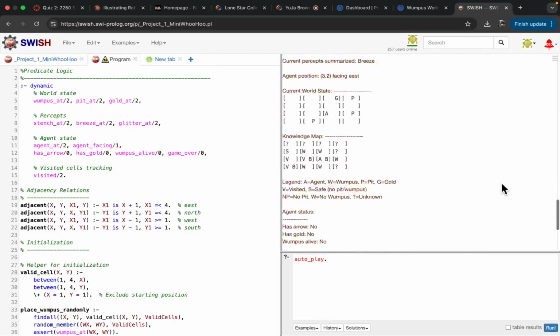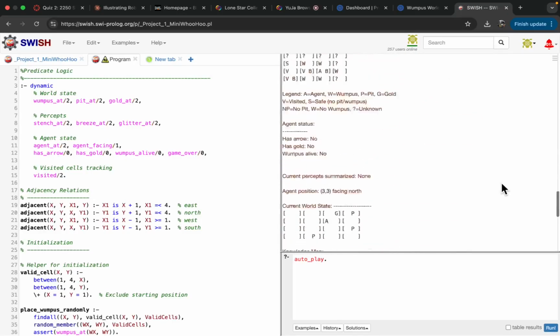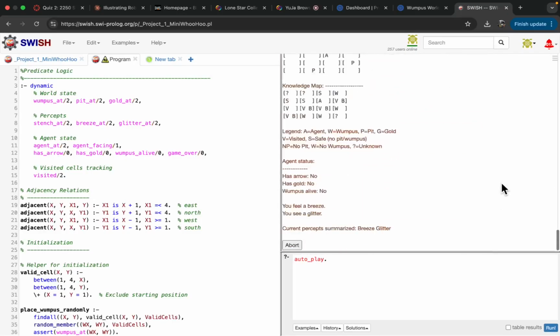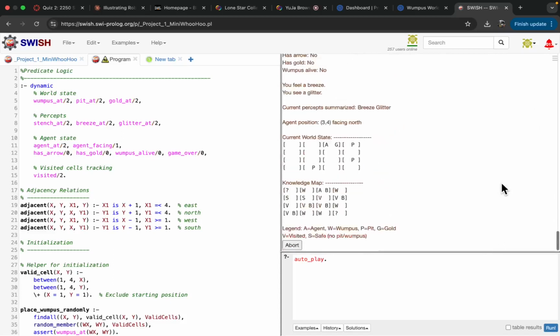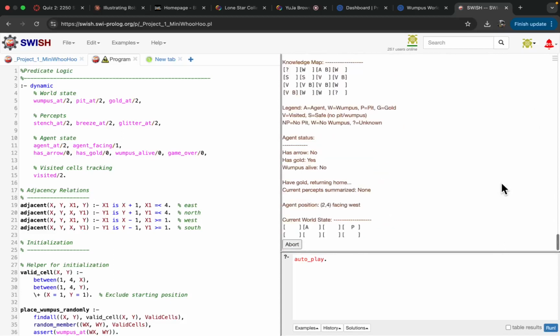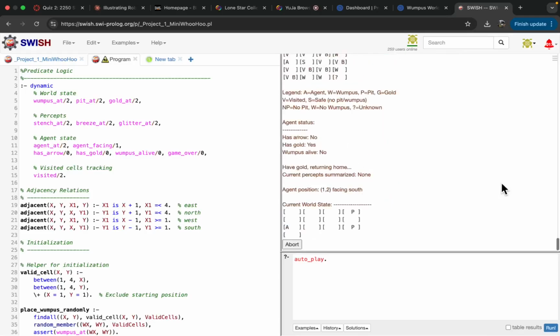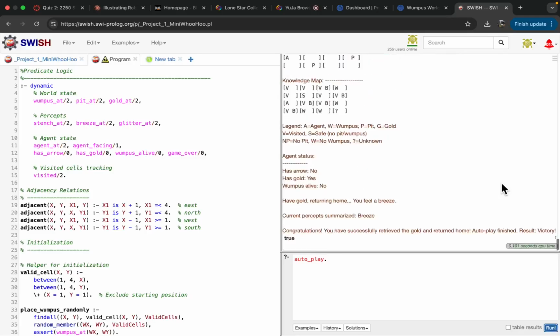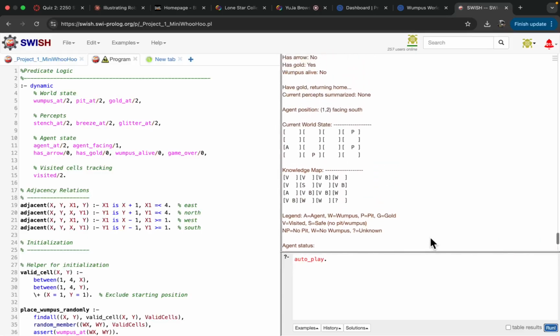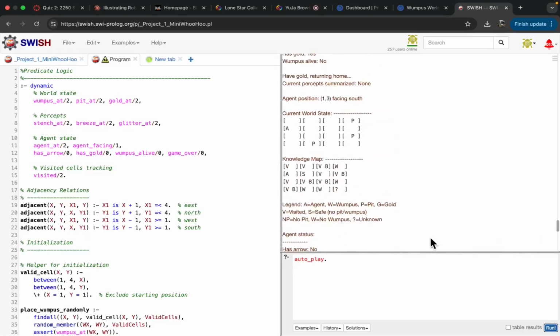So we'll slow it down a little bit as it goes through, maybe. Let's see if it finishes. There. So we've successfully retrieved the gold and returned home. So you can see even in the last couple that we have,